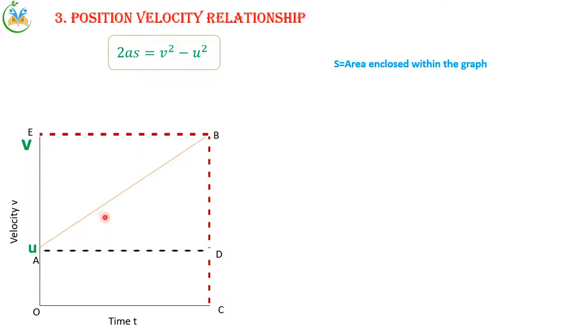This is OABC. What is this? This is a trapezium, right? So what are we going to calculate? We are going to calculate the area of the trapezium. See, in the position time relationship we calculated the area of the triangle and the area of the rectangle, and we added them and got the equation of the position time relationship. But in the position velocity relationship we are going to calculate the area of the trapezium. So how will we calculate it? Let's see. This is the trapezium